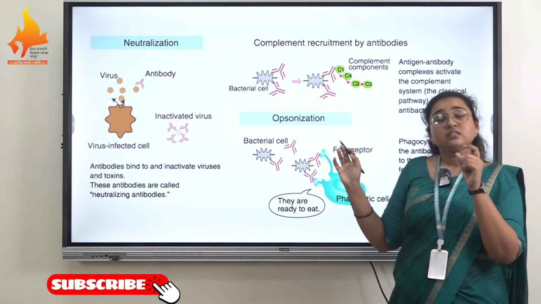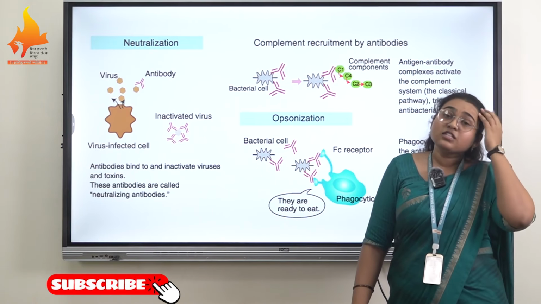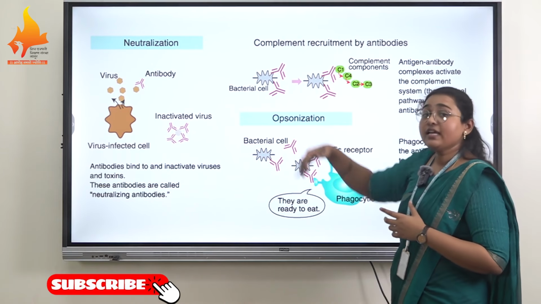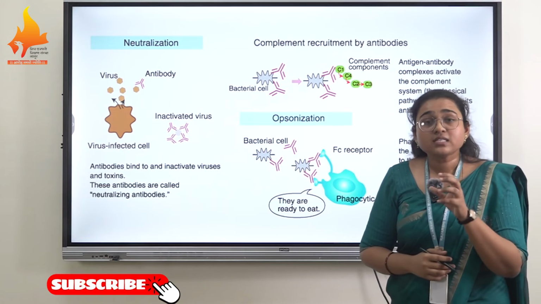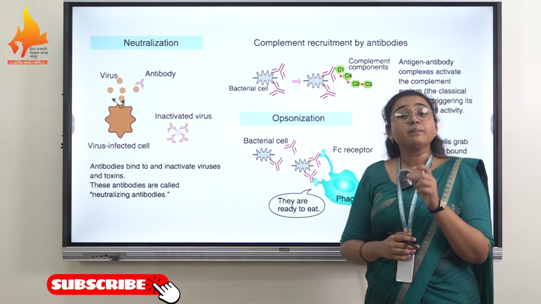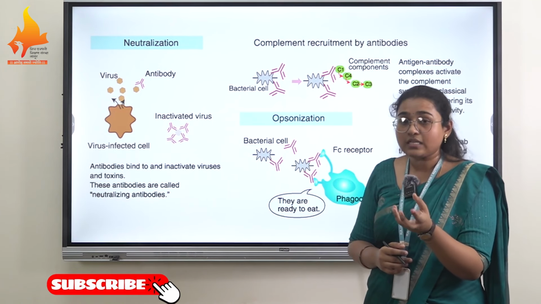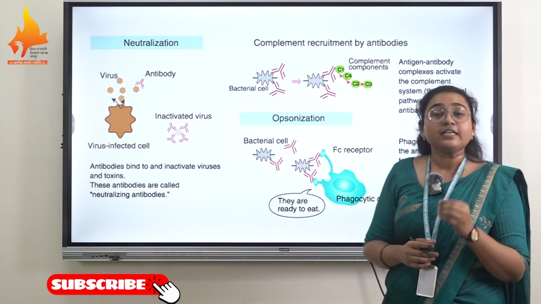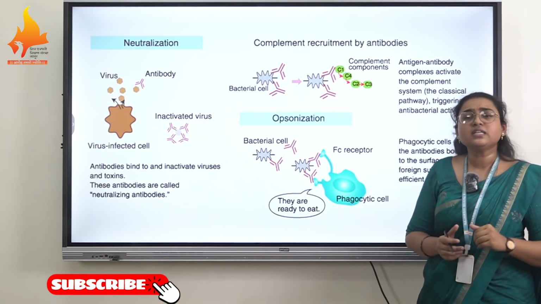Along with these B plasma cells, T cytotoxic cells and T helper cells, there is production of different types of memory cells. After elimination of these antigens and pathogen particles, some cells are preserved inside our body, and these cells are called B memory cells or T memory cells. If the preserved cells are B lymphocytes or B plasma cells, then it is called a B memory cell, and if the T cells are preserved, then it is called a T memory cell. These memory cells help in generation of the secondary immune response.